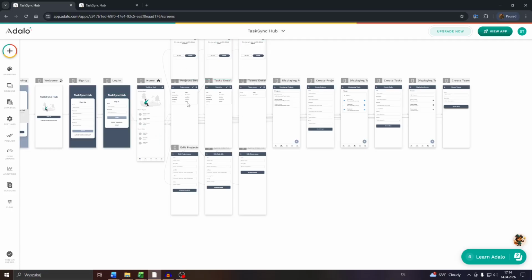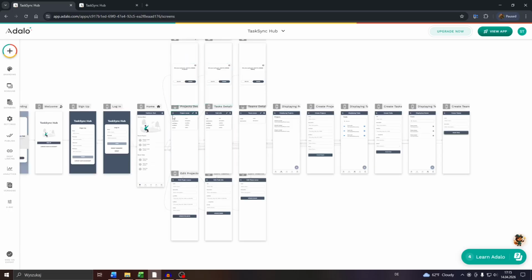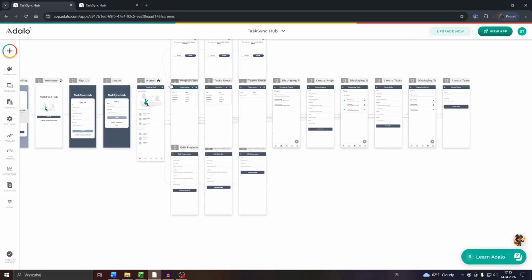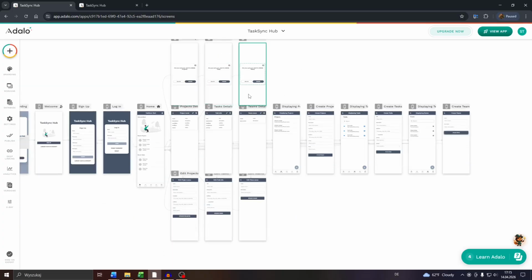If you signed up on Adalo and log in for the first time, of course, you won't see this app project of yours, because we haven't created any application yet, unless of course you have used the AI assistant after first login to guide you through the app building process and to create it or to build it basically for you based on your prompt. However, guys, as you can see, we're here on that example app, so I'm going to show you how to create or how to initiate such an app